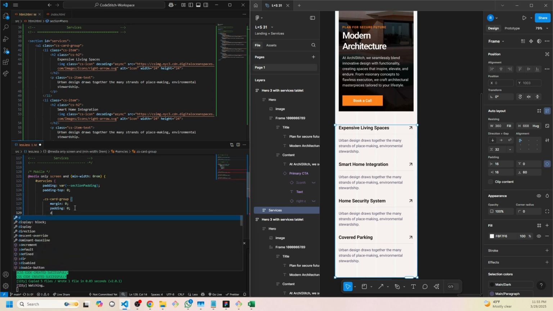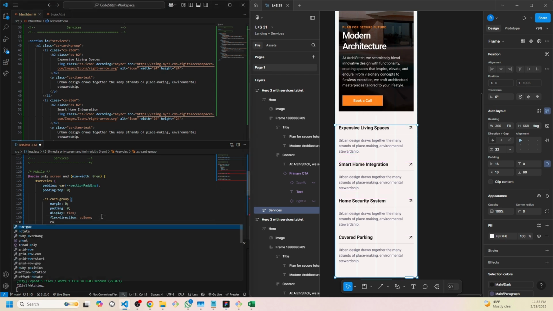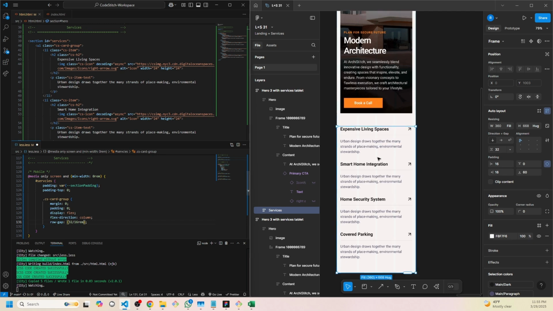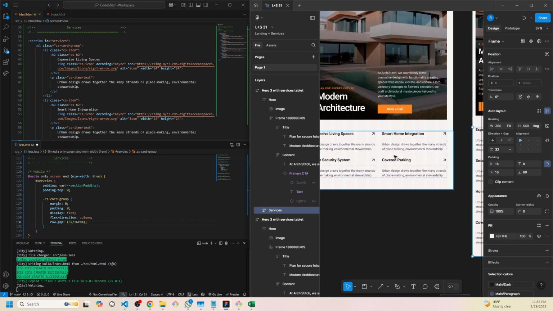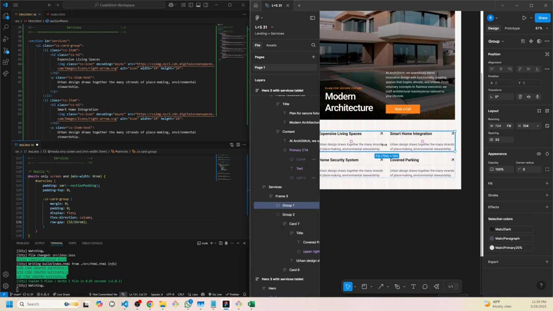I want to turn this into a flex box, so display flex, so that I can start arranging things. And now I can do flex direction column, so I want them to be up and down, just like this. And then I want a gap of 32 pixels on the row. So the row gap is 32 pixels, right? And then once I get here, see this row gap is 32, but the column gap,